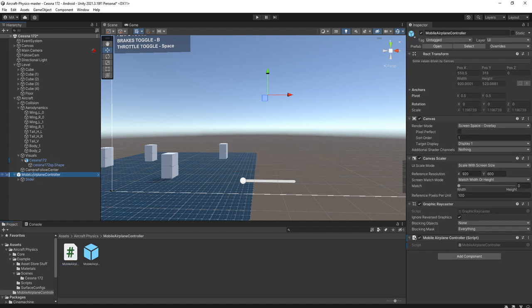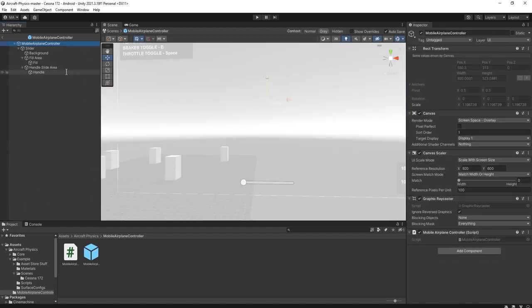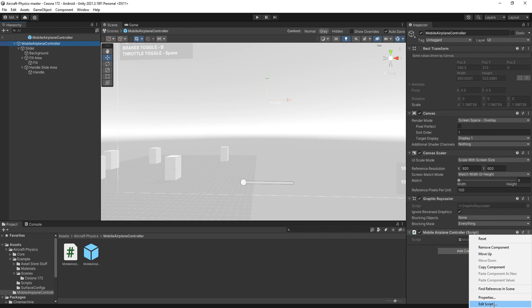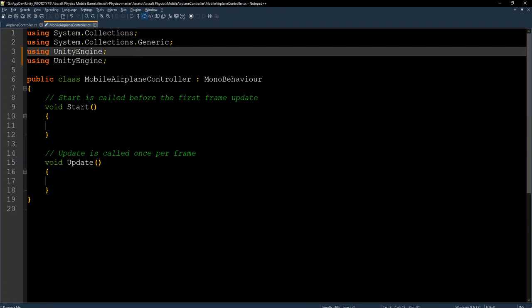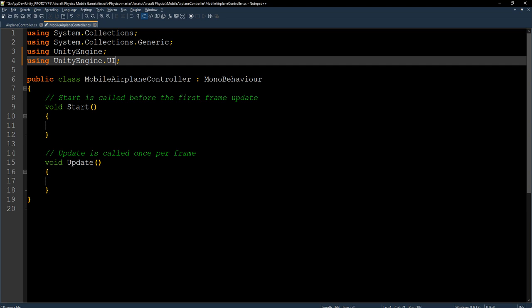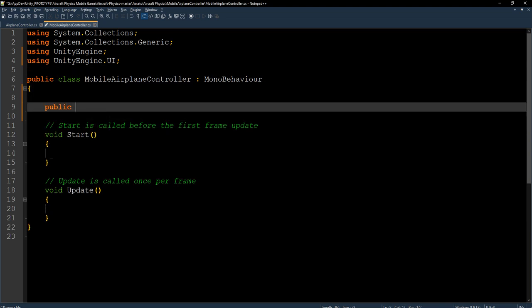Okay, then override. Let's go inside this prefab and we start editing this script using UnityEngine.UI and public Slider.